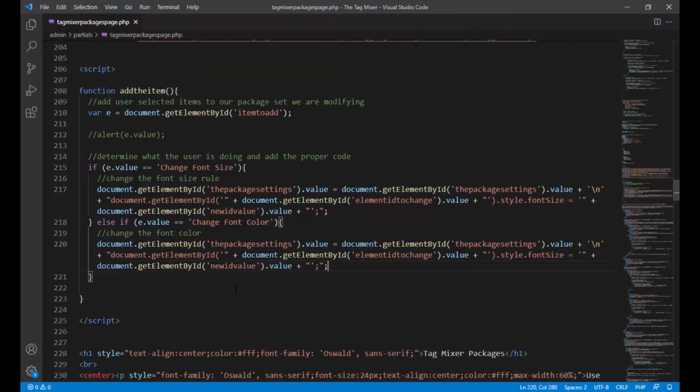Okay, easy enough. Now, the thing is, we have style, font size. Nope, it's style, color. Everything else can remain the same because it's already grabbing all the proper values from everything the way we did it here. It's just doing it on change font color versus change font size. It's just outputting font color versus size. So now what we can do is go back,